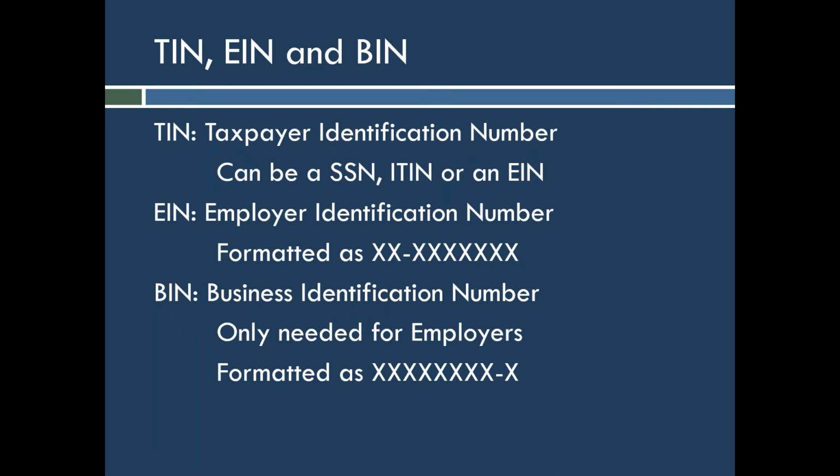First, I want to go over some terminology. I try not to speak in acronyms, but you'll likely encounter lots of acronyms as a business owner or a tax preparer. I'm defining some of the more common ones here and hopefully explaining the differences between them. A TIN, which is T-I-N, is a taxpayer identification number, and it can be anything from a social security number to an individual taxpayer identification number for those who can't get a social security number. It can also be an employer identification number.